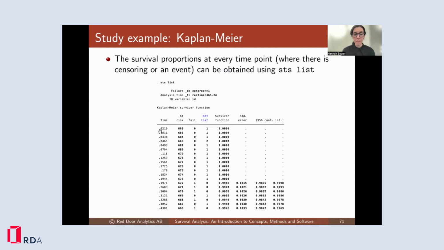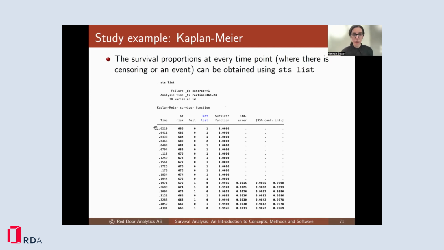At every time point where there is a censoring or an event of interest, we get a survivor function. So you can see that we have time here represented, we have the number at risk, we have the number of failures, and we have the survivor function,